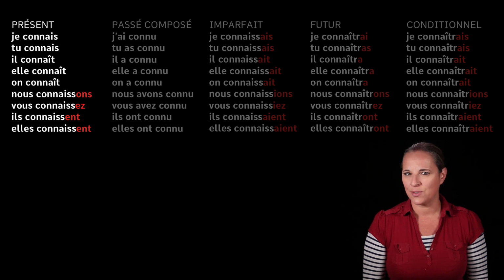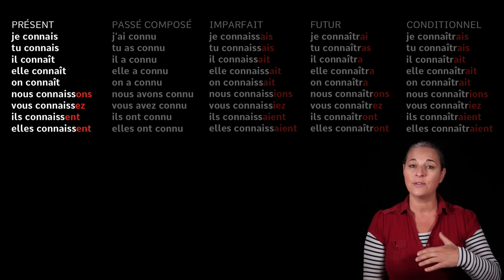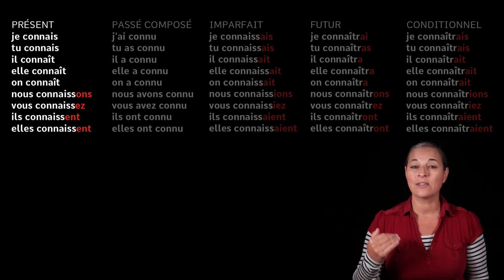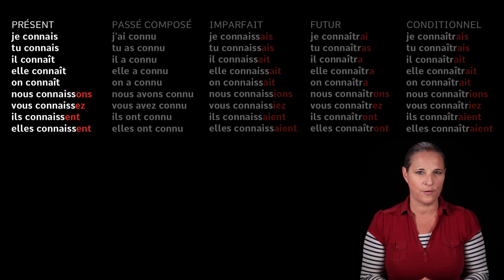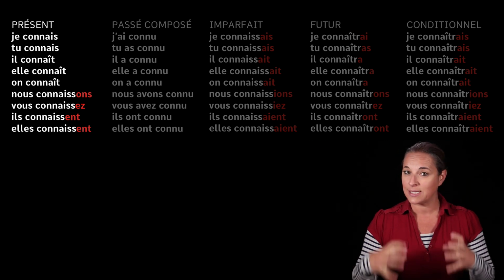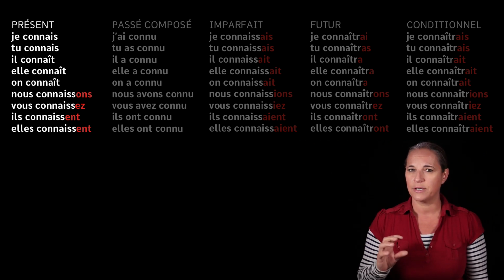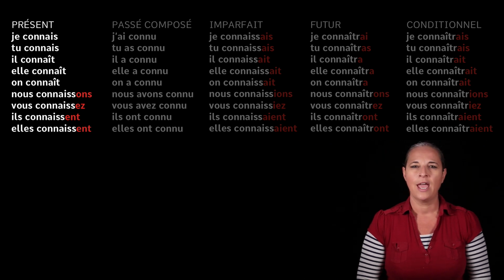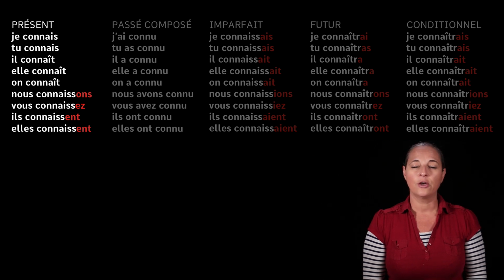Nous connaissons. Now, this is where it's really important for you to learn it because you can realize now that it doesn't sound like connaître, it doesn't sound like connaît, it sounds like connaissons. Okay, so nous connaissons. This will come really useful in a minute when conjugating the same verb in the imperfect tense. So remember well the nous form in the present tense of the verb connaître. Nous connaissons. We know. Vous connaissez. You know. Ils connaissent. Elles connaissent.